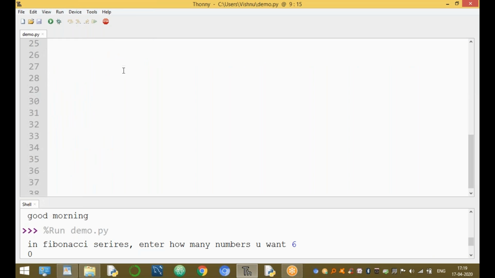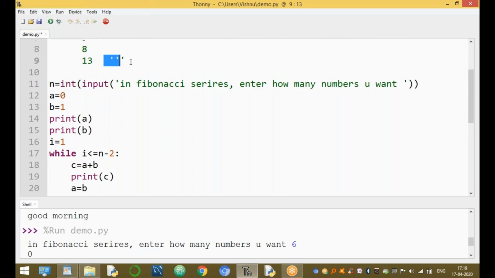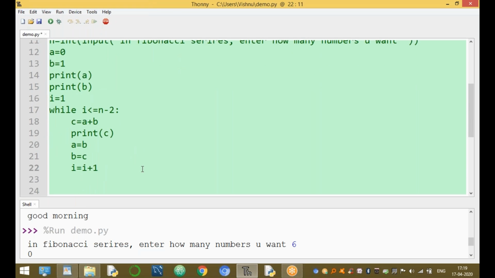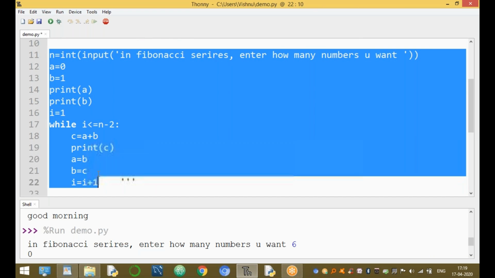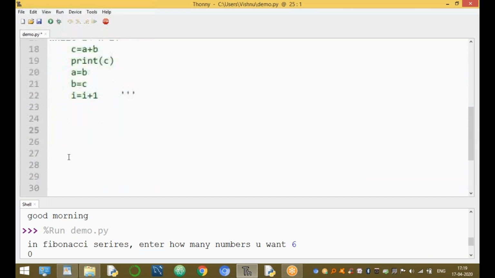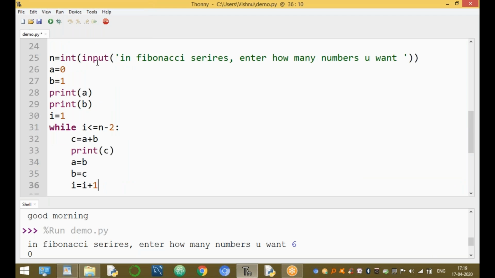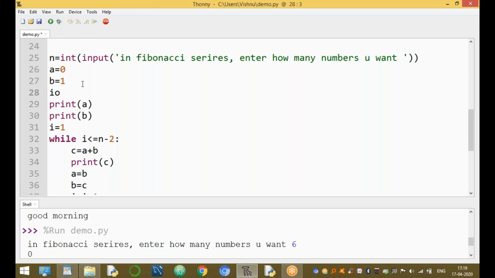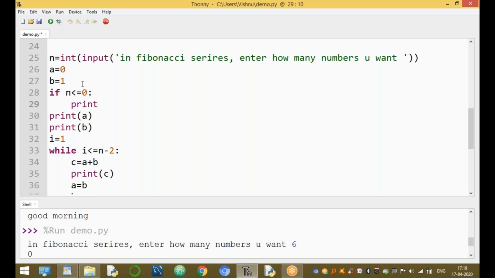Here, one more. So for example, the same program is running, but with a different condition. Based on the condition, if the n value is only 1, if the n value is 0, if the n value is negative, then what happens? Here we check the condition: if the n value is less than or equal to 0,